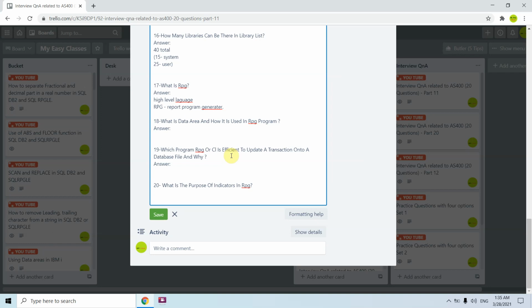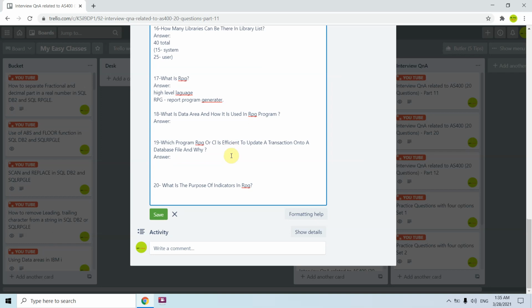So we would go for RPG, because RPG provides the flexibility of input output, and we can perform updates based upon particular records.